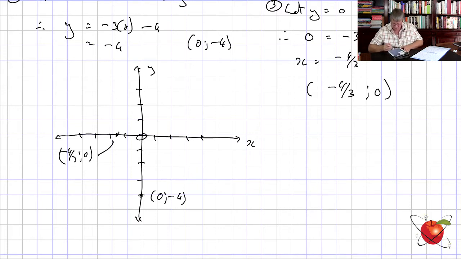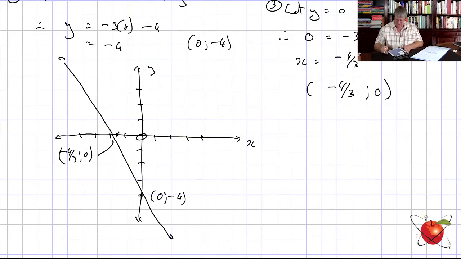Then we're going to join the points. Okay. And granted, you would use a ruler to do it, to go through the points. Now we can check. Yes, it is sloping the correct way. Therefore, it's negative. Okay, you can always go back and double check your work and say, I've drawn the graph